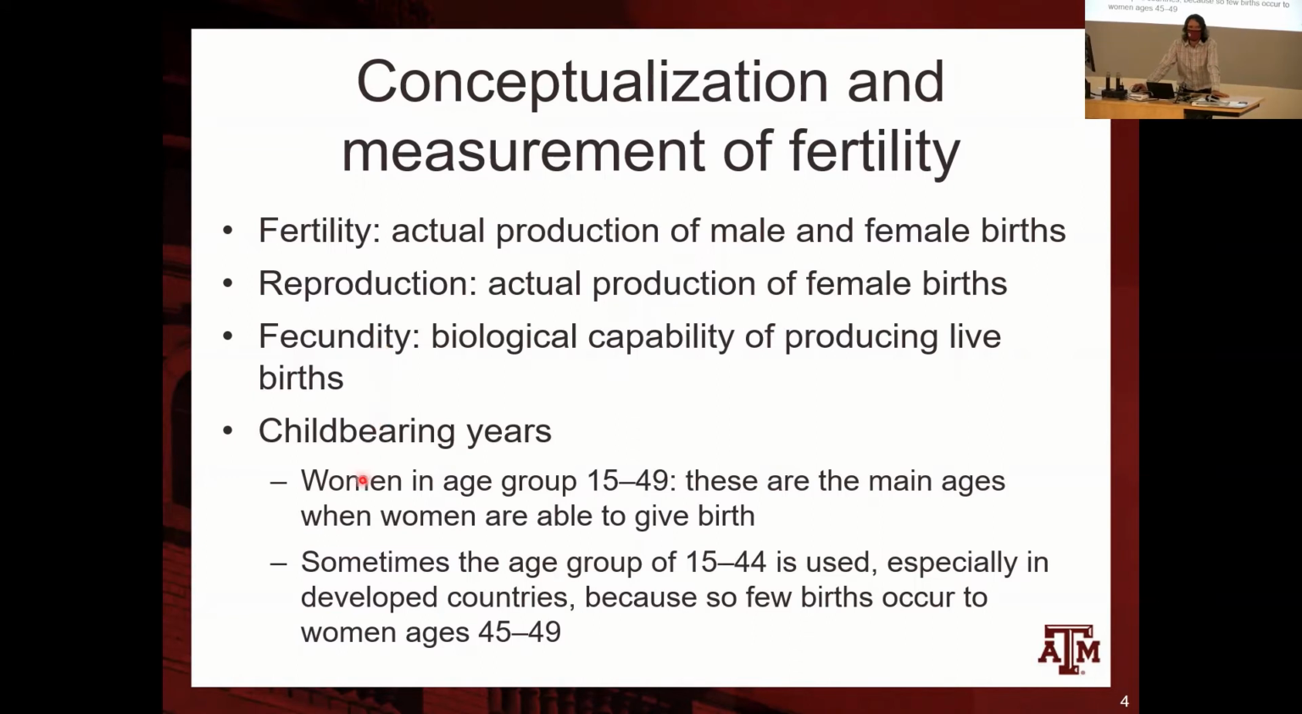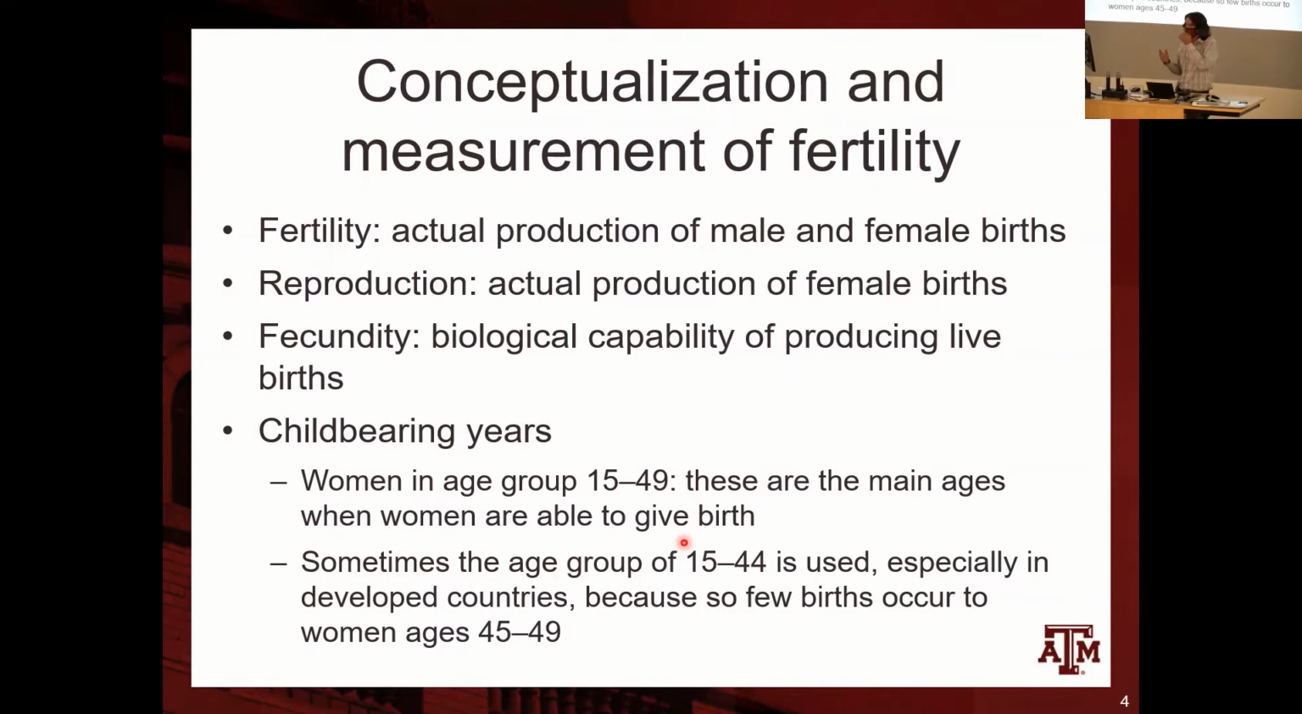What are these childbearing years, also called reproductive years? For women, the standard is that we calculate the fertility and reproduction rates for women between the ages of 15 and 49. These are the main ages when women are able to give birth. Oh, but I know stories of women having children below the age of 15 or above the age of 49. Yes, there are. But overall, the chances of having children are higher between ages 15 and 49. And demographers use this standard to compare several countries